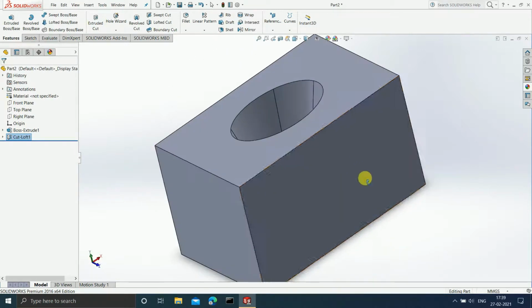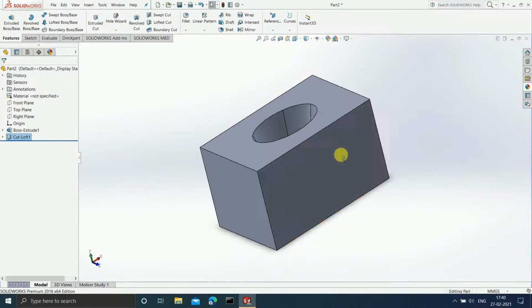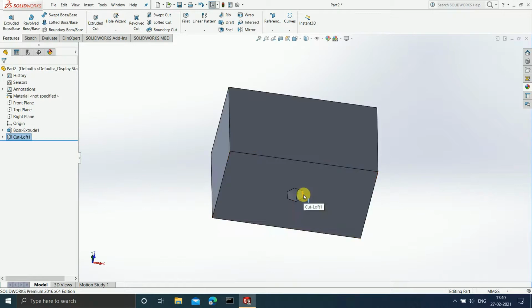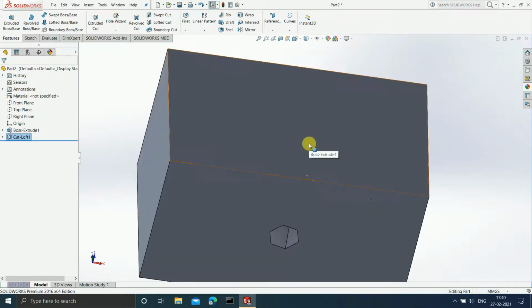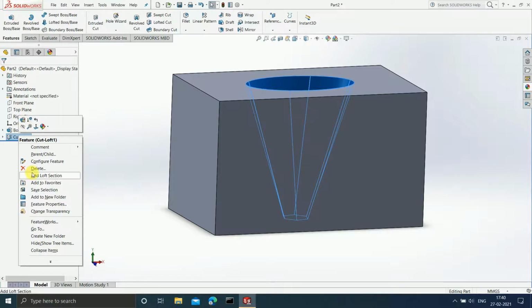Okay. Now here what happened was that we had two sketches, this ellipse, and at the bottom we had the polygon. These both sketches are present on two different planes. Now it is not necessary that you can only draw sketches on two planes. You can draw sketches on 3 planes as well, or more than 3 planes, any number of planes that you want. Okay, so first of all, let me delete this loft cut feature, and then I will show you how you can draw sketches on 3 different planes and use the lofted cut feature.